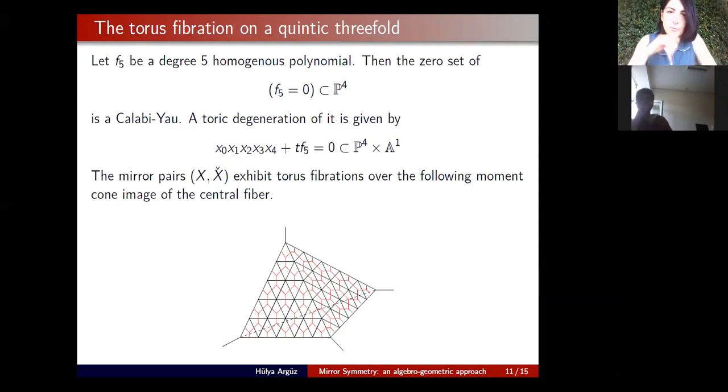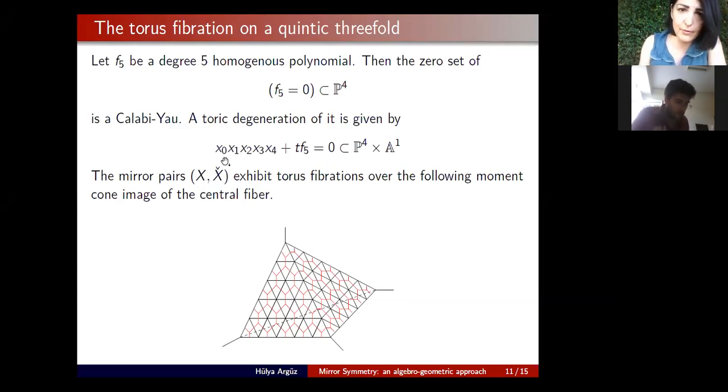And if you go 1 dimension higher, if you come to the most interesting examples from the point of view of mirror symmetry, then we have the quintic threefold. If you look at a degree 5 polynomial in P4, this defines the quintic threefold. If you look at the zero set of x0, x1, x2, x3, x4 plus t times f5 equals 0 in P4 times A1,